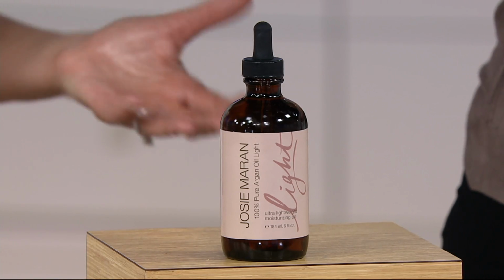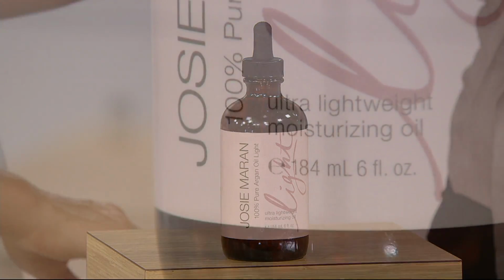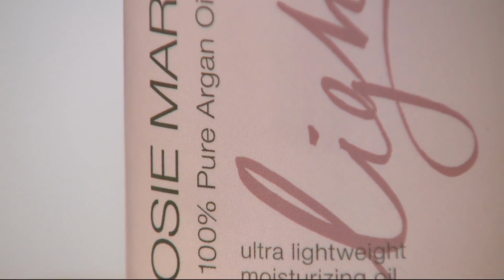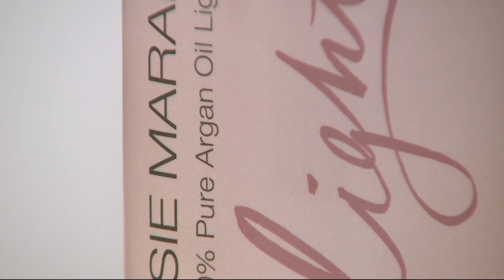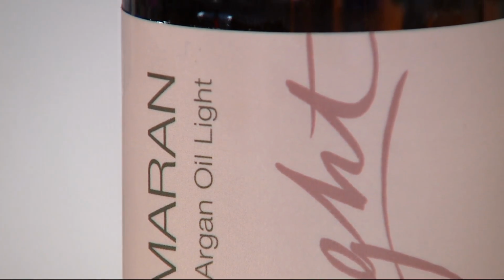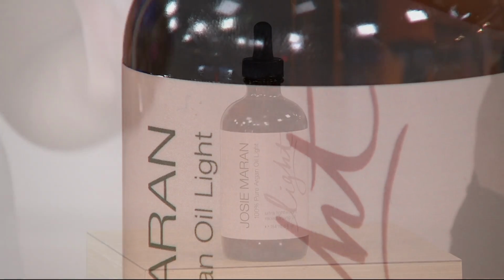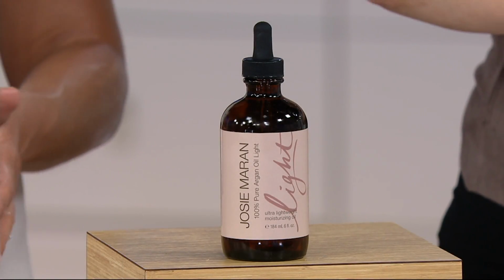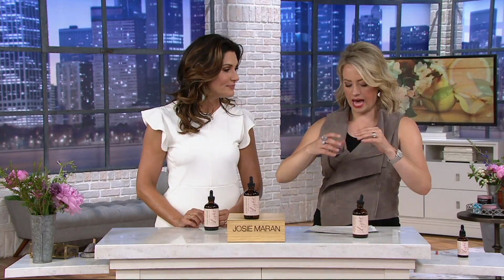And two, I loved your point you made earlier about how we used to put, I did the same thing too when I would get sunburns, put this lotion on there that probably had 20 ingredients that I couldn't pronounce. But this is something so soothing and gentle because it's one ingredient. So you can feel okay about putting this on areas that are a little more sensitive because this is an all-natural soothing ingredient. The item number is